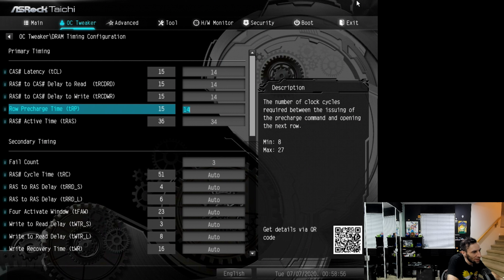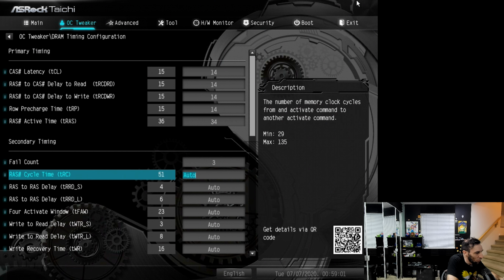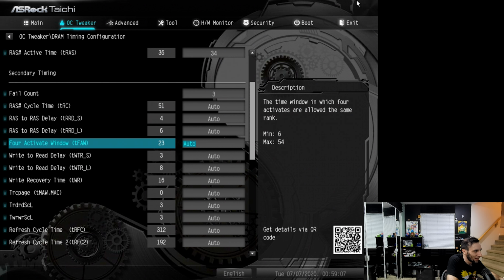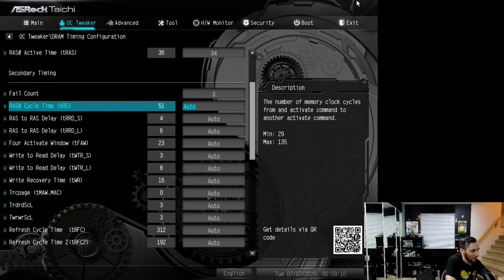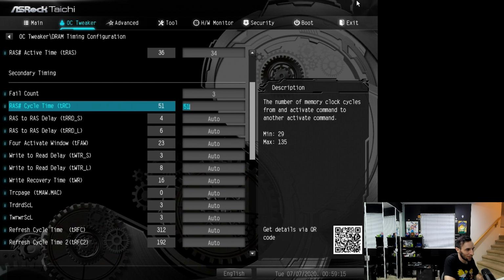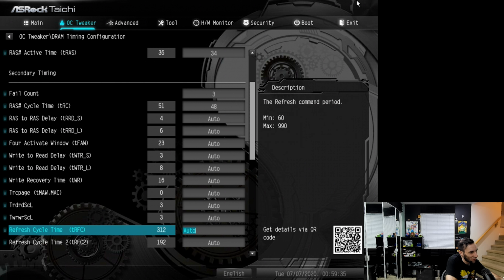So depending on how deep into this you want to go, you can literally do that same process with every single timing in here. Every single one. So this first timing, RAS, you can start at 51, the same number that's beside it, stress test. Works fine. 50, 49. You literally just keep going until OCCT crashes after 5 minutes, or before 5 minutes, I should say. Or eventually you'll hit a wall where it won't post, then you just go back up one and leave it. And you'll find that if you take the time to do that for every single one,